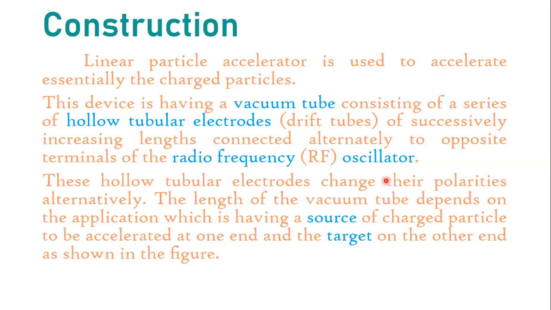These hollow tubular electrodes change their polarities alternately. Here the electrodes are connected to a radio frequency oscillator, which is nothing but an AC source, and in an AC source, you know that the polarity of the electrodes changes after every half cycle. So these hollow tubular electrodes change their polarity alternately, and in order to achieve the acceleration,